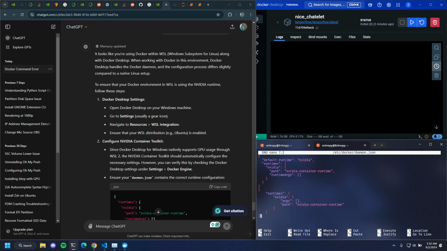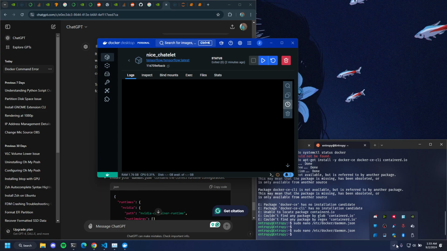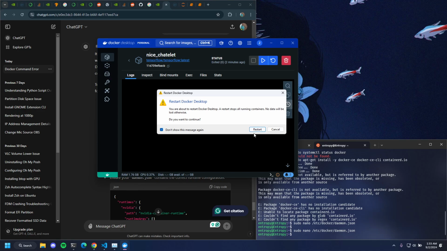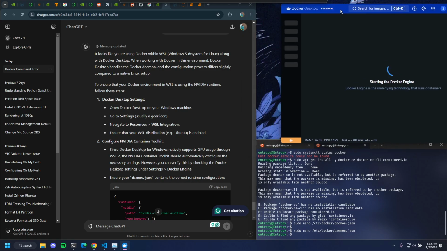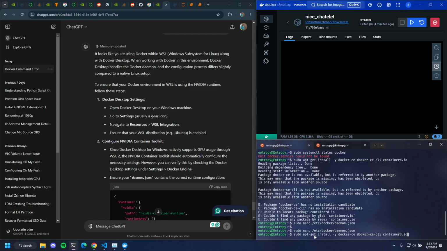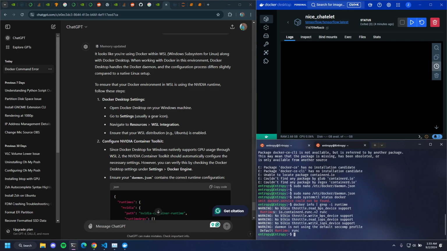Okay. Default runtime is, yeah. Let's enter and then restart Docker. To restart Docker, we need to go here, Docker, restart. Don't show this message again. Restart, yes, please. Thank you. Status, nothing could be found. Time, and you can see. Okay,